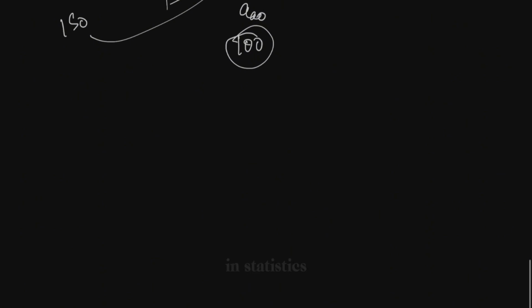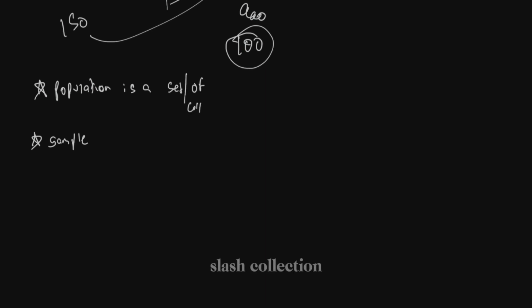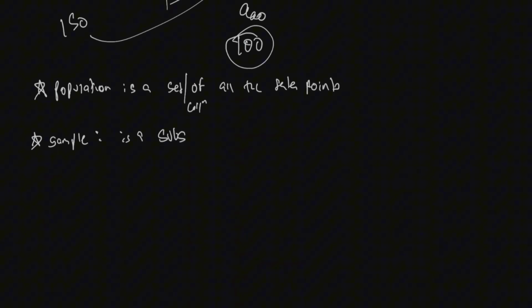The main things in statistics are these two terms, which are population and sample. Population, as the name suggests, is a set, a collection of all the data points, and sample is a subset of the population. So for example, you have a country named A, and the country has